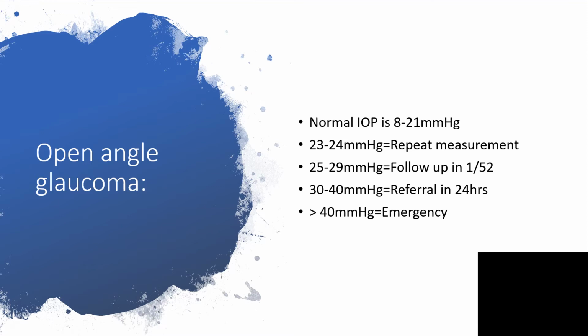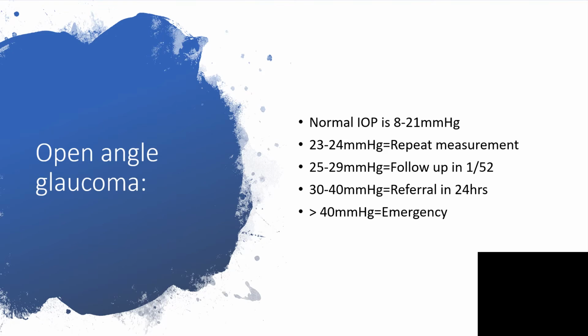When that pressure level is taken, if the value is less than 21 millimeters of mercury, you may be fine, but that doesn't rule out the possibility of glaucoma. That will set us in motion if it is high. If the value is 23 to 24, we are going to repeat the measurement. If it is 25 to 29, we'll tell the patient to go, but we'll tell them the signs and symptoms of a worsening situation when it comes to